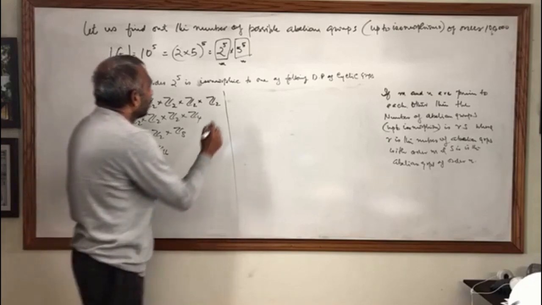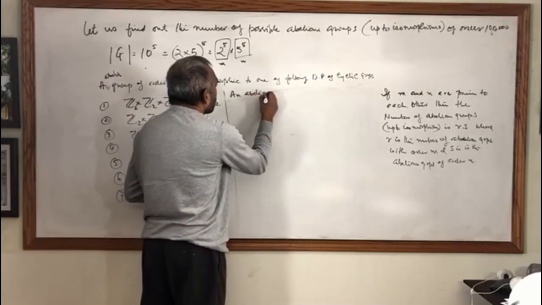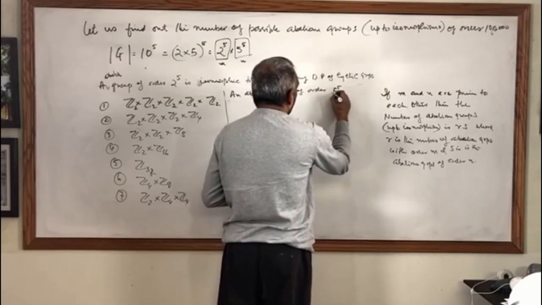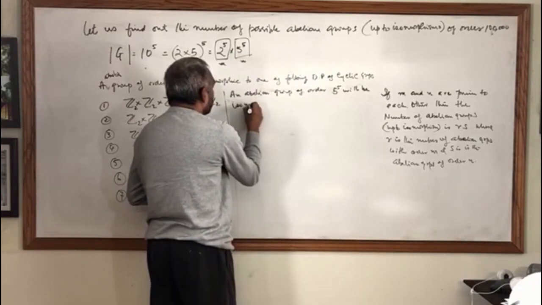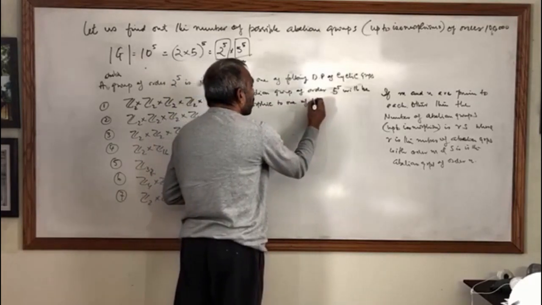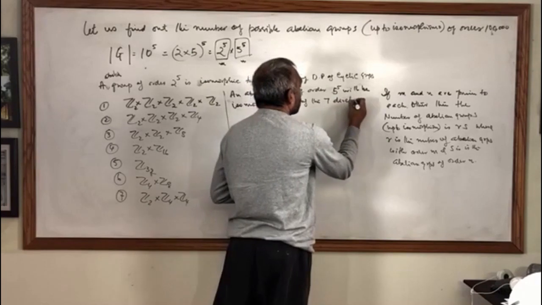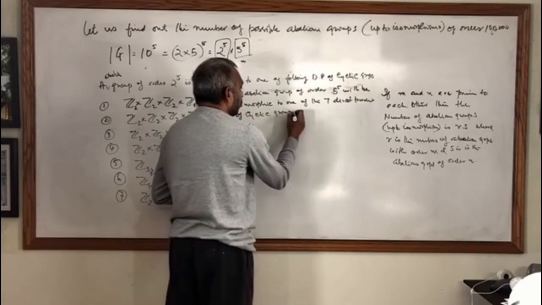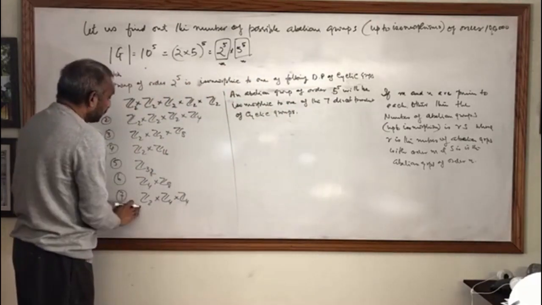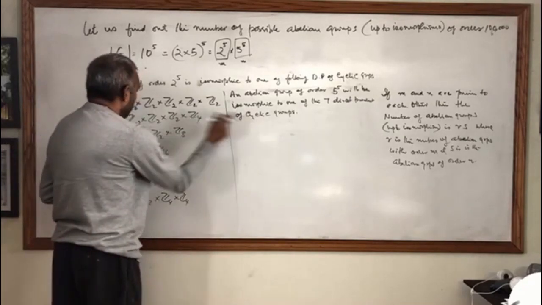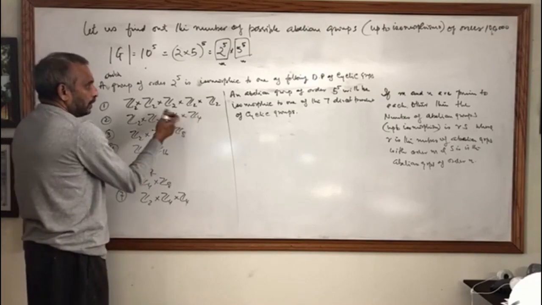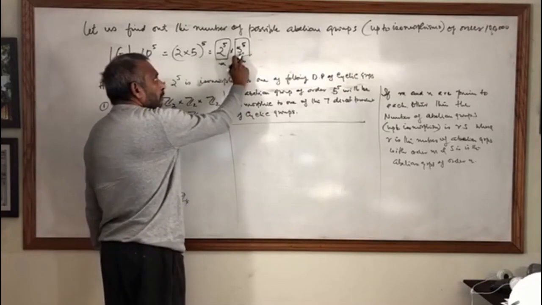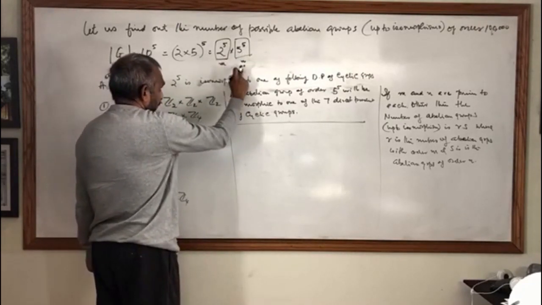So similarly, an Abelian group of order 5 to the power of 5 will be isomorphic to one of the 7 direct products of cyclic groups. So these 7 direct products will be exactly like this by replacing 2 by 5, 4 by 25, etc. Exactly like this. And when you combine this result, because 2 to the power of 5 and 5 to the power of 5 are prime to each other, and there are 7 ways of expressing this and 7 ways of expressing this,